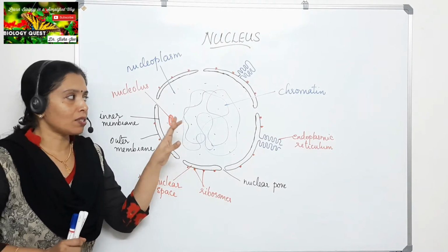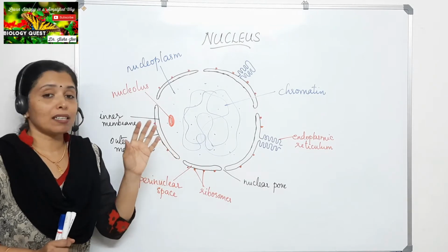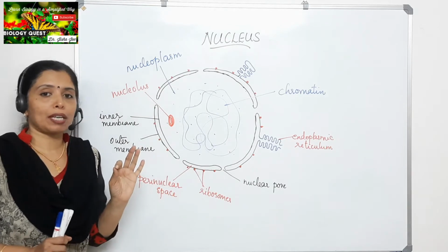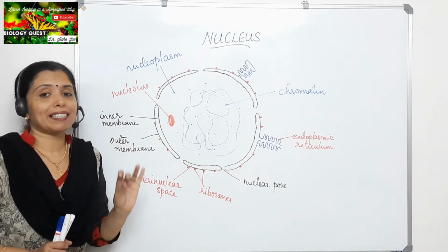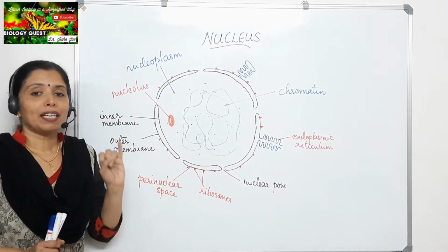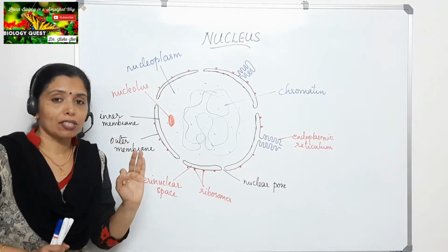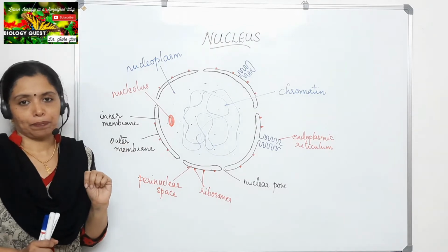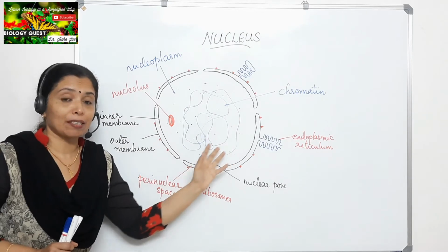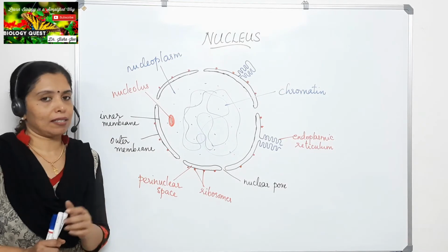If you look at the structure of the chromatin or the chromatin fibers, you can see that the chromatin is composed of DNA, some basic proteins called histone proteins, some non-histone proteins, and RNA. So what are the components of the chromatin? They are composed of DNA, histone proteins, non-histone proteins, and RNA. Now, when will we see the chromatin in the form of this network of long fibers or threads? It is during the interphase stage.